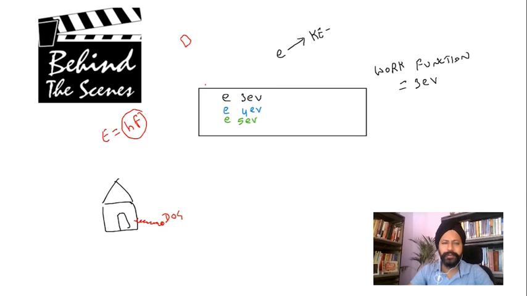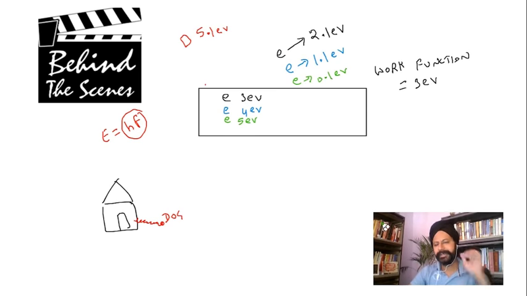So let's say instead of 4 electron volts, this time I have 5.1 electron volts, let's say. Right, I took a photon which has 5.1 electron volts. Now you do the math. 3 electron volts is used by the black electron, but then it has 2.1 electron volts of kinetic energy. Now when you're talking of blue, it has 1.1 electron volts of kinetic energy, right? And then the green one also has some kinetic energy, which is 0.1 electron volts. But you can see the maximum energy is possessed by the surface electrons there.